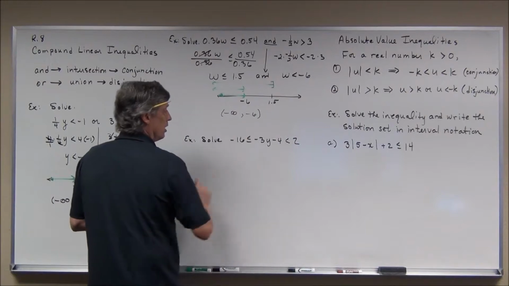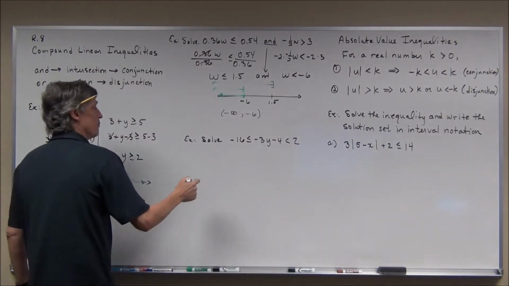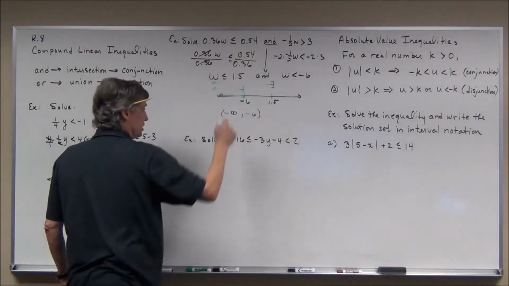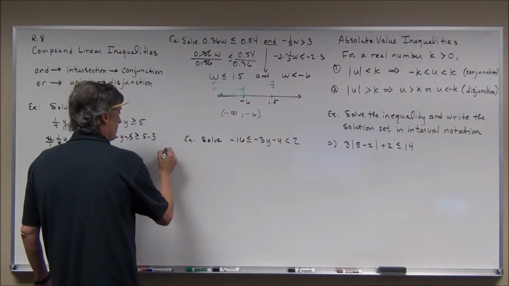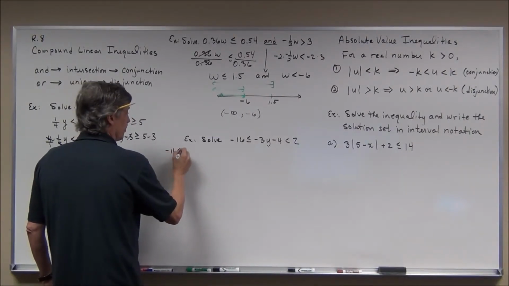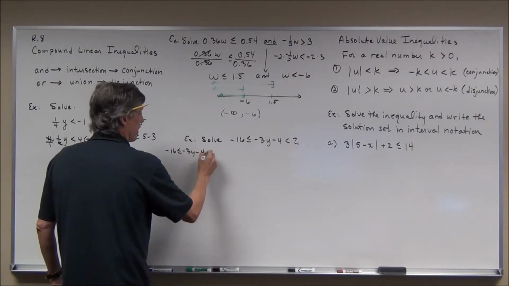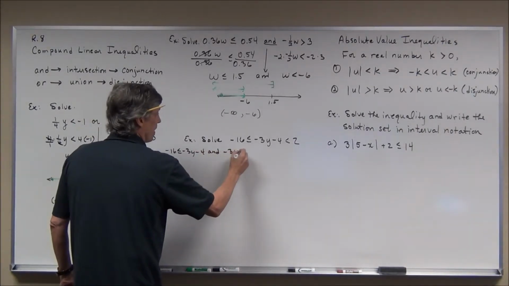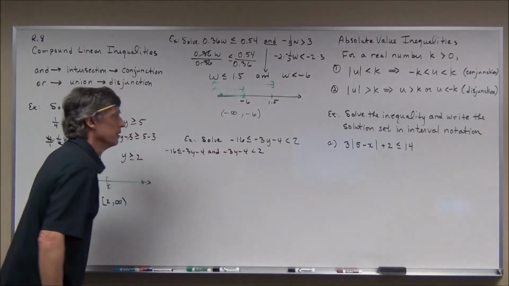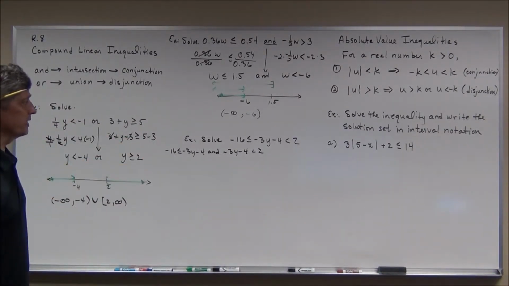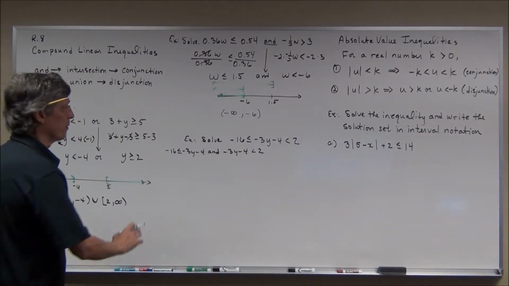less than 2. Now, when I was a student in school, I would break it apart and write it with an "and" statement. I would actually write it out, negative 16 less than or equal to negative 3y minus 4, and negative 3y minus 4 is less than 2. I find that that's a lot of extra work. I think you're better off just